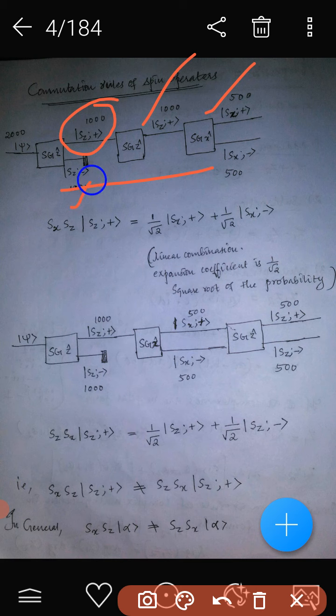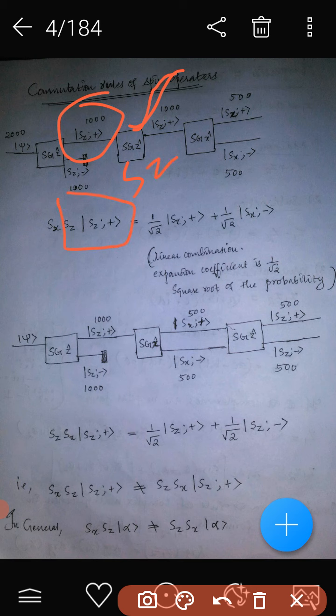So first we are measuring the Z component of the spin. So what is the operator here? Sz is the operator. Sz is acting on this ket, that is Sz plus, because Sz plus is the initial state here, and we are measuring the Z component of the spin. So here the Z component of the spin means the operator is Sz. So the Sz operator is acting on the initial state Sz plus. The operator acts from left to right, that's why we can write in this form.